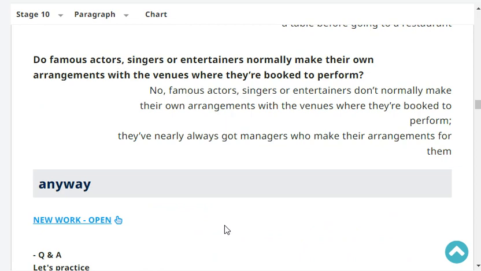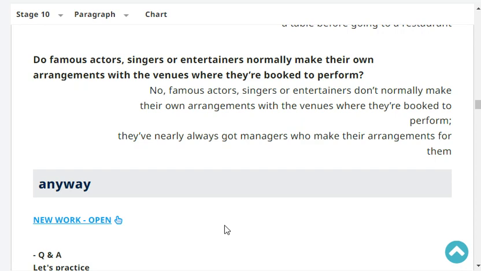Very good. Do famous actors, singers, or entertainers normally make their own arrangements with the venues they were booked to perform? No, famous actors, singers, or entertainers don't normally make their own arrangements with the venues they were booked to perform.